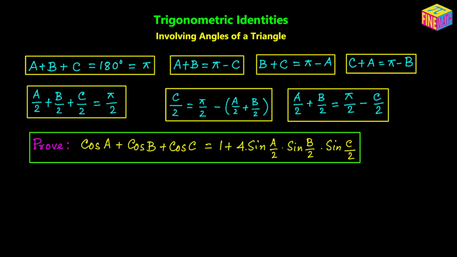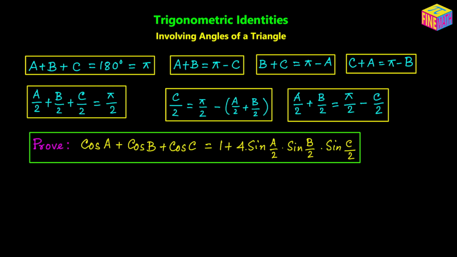It is of course a conditional identity where A plus B plus C is equal to 180 degrees, because the assumption is that they are the three interior angles of a triangle, and also A over 2 plus B over 2 plus C over 2 will be equal to half of pi or pi over 2, and from there we can say C over 2 will be equal to pi over 2 minus the sum of half of A and half of B, and also A over 2 plus B over 2 will be equal to pi over 2 minus C over 2. To prove the trigonometric identity, we are also going to use a few basic trigonometric formulae,